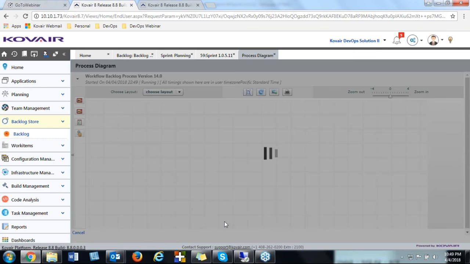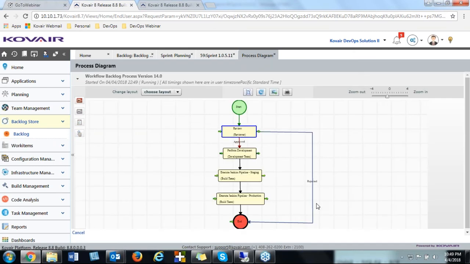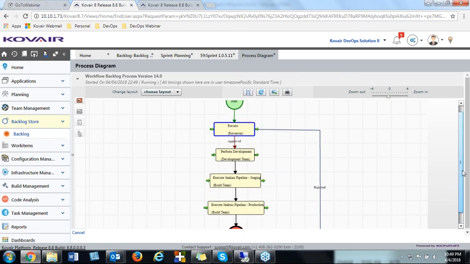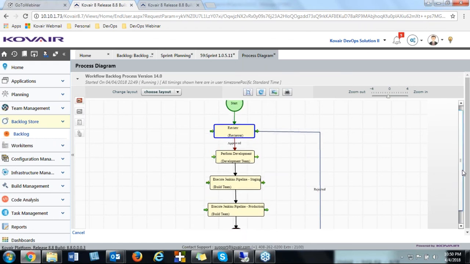So this is the Covair workflow designer I was referring to during my presentation. Here you can see a series of activities defined in a sequential manner, and you can go up to any level of complexity in defining this process. It's absolutely customized, and it's done through mouse clicks. Not a single line of code is written to configure this particular process. Currently you can see the review stage is in progress. I'll come back, refer to this process and see how it proceeds.